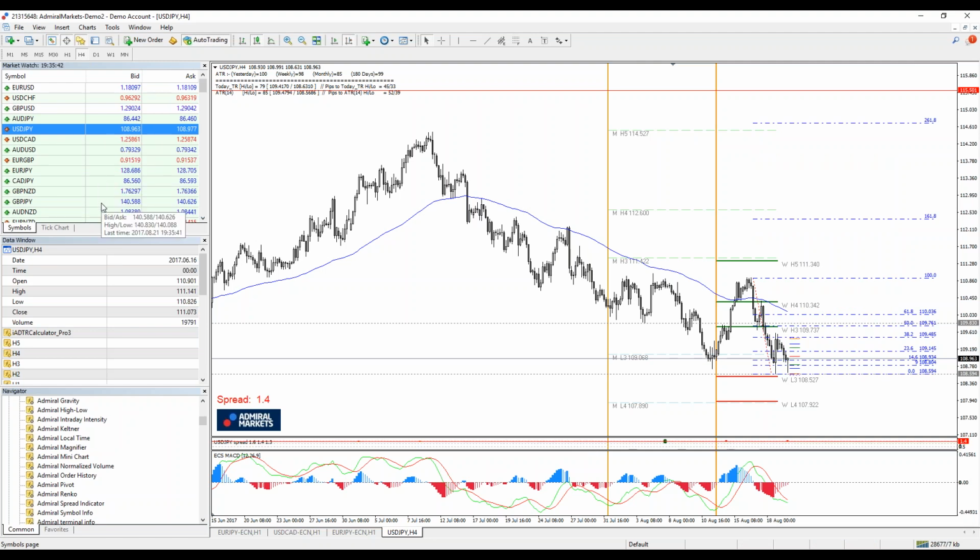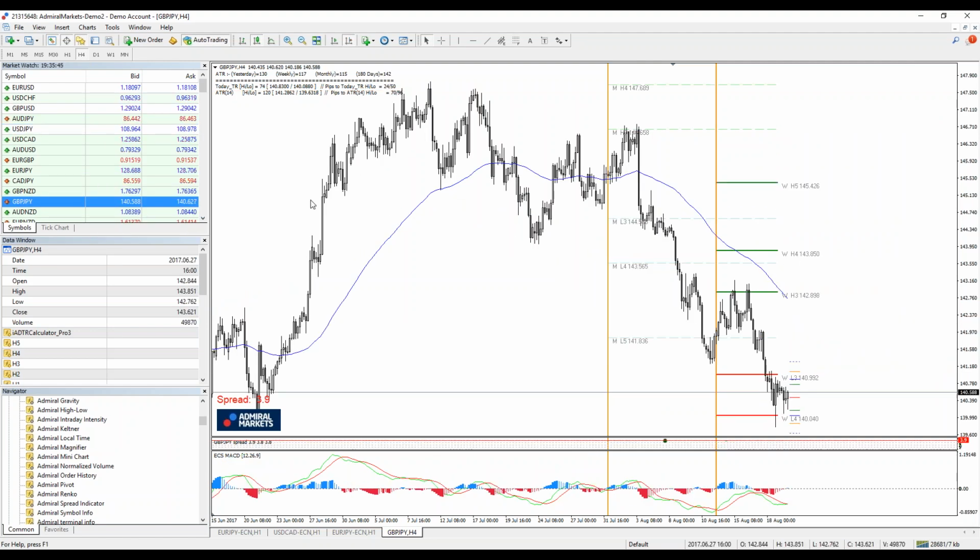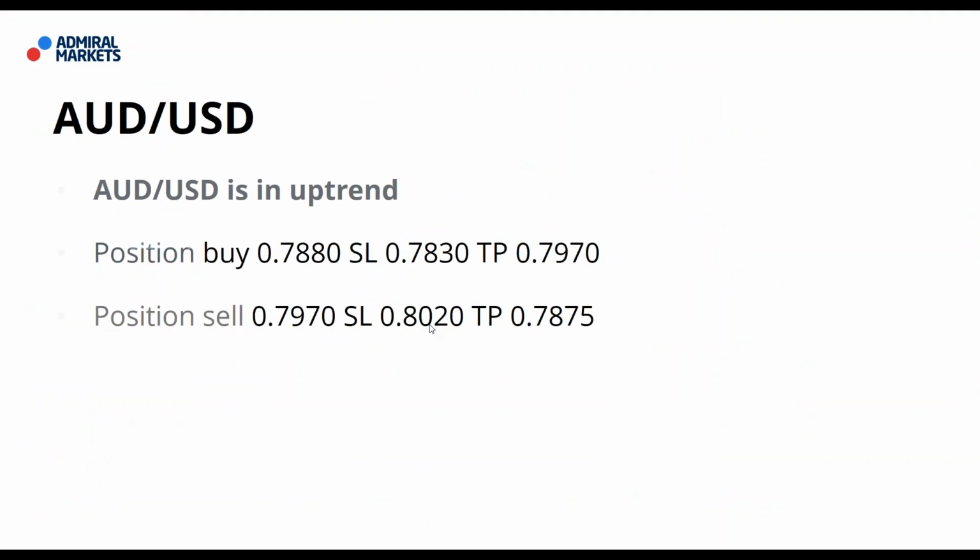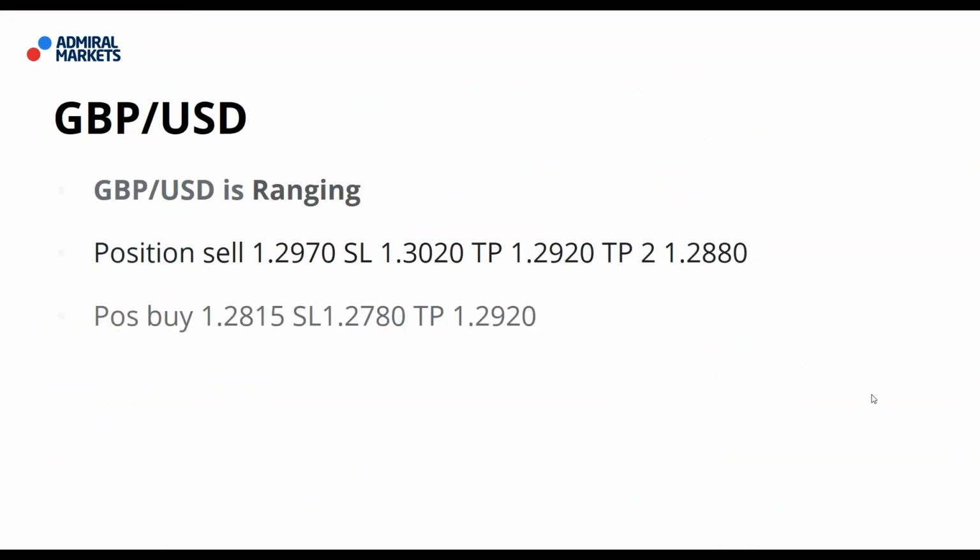Question about pound yen. Paul is asking, what did you change on cable? Nothing. Cable, I haven't changed anything. I just corrected typo on dollar CAD. Paul, typo was on dollar CAD. Actually, target for a sell is 24.20, not 25, 24.20. Yeah, typo on dollar CAD. On GBP dollar, this is the slide. Maybe it was typo for some level, but this is corrected slide.